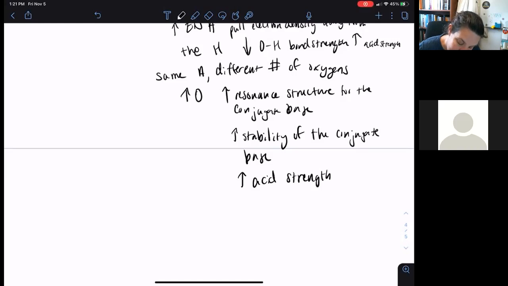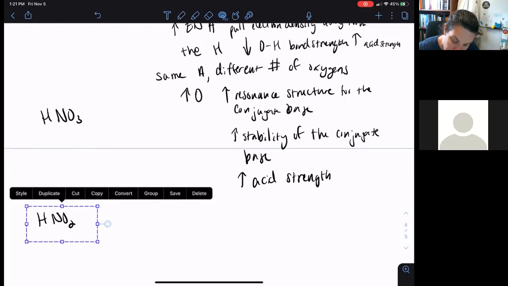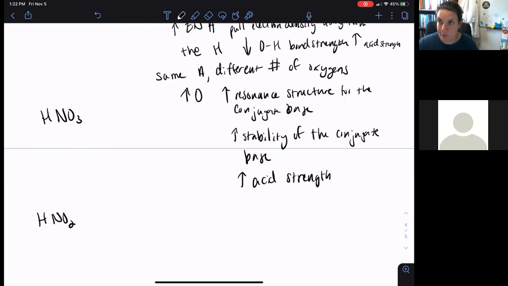So if we have HNO3 versus HNO2, we can say right away that HNO3 is the stronger acid, but the reason is because when it loses that proton,